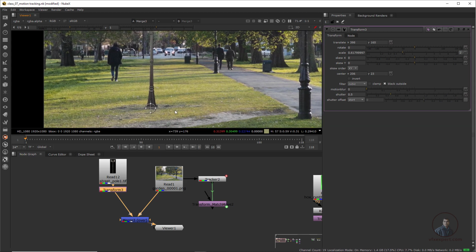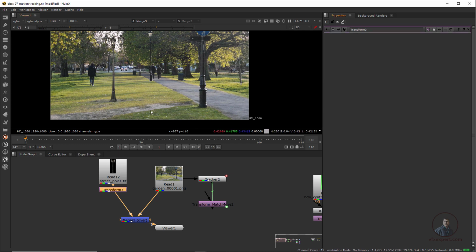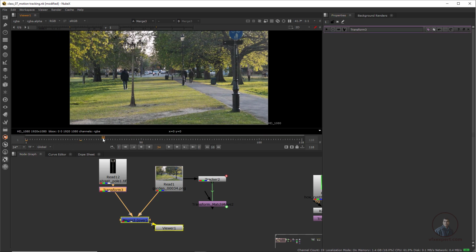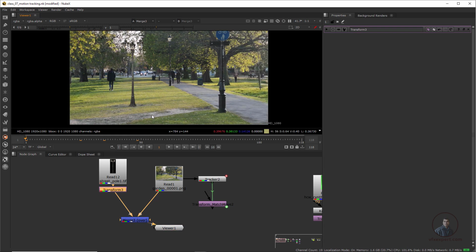After this, if you play, this is not following our shot motion. If you see here, you can see this is not following our shot motion. For this, we have to use our transform match move data. Simply attach it after this object. Take this one and attach it here. Now connect it here. Now if you play, you will see this object is following our shot motion. Now you can see.